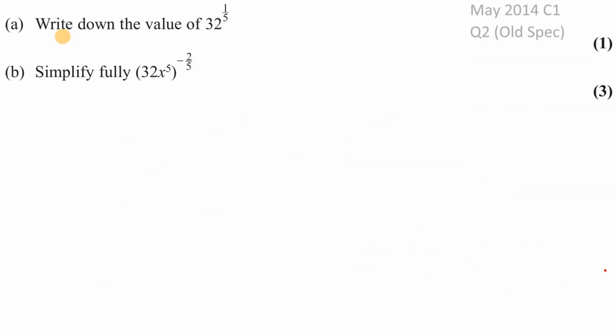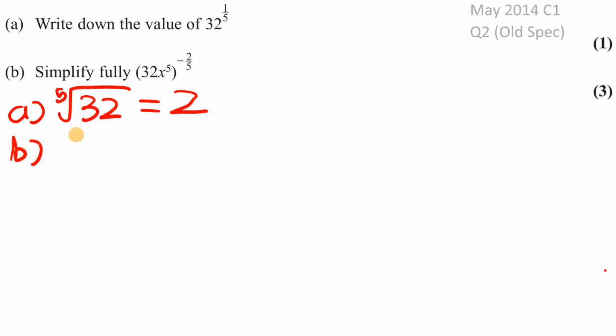Okay, so here's another past exam question where for part A we need to write down the value of 32 to the power of 1 over 5. So remember what the power of 1 over 5 is. When you have the power of 1 over 5, this is going to be the 5th root. If you figure this out, or just put it into your calculator, this is equal to 2. And then for part B, we need to simplify fully